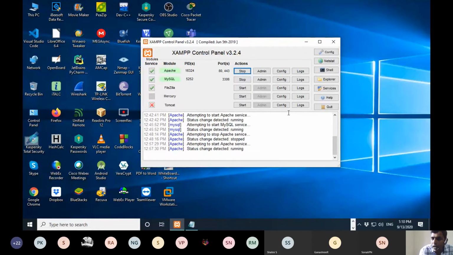If you want to create a table or a database easily, you can use phpMyAdmin. So what address are you supposed to give for phpMyAdmin?